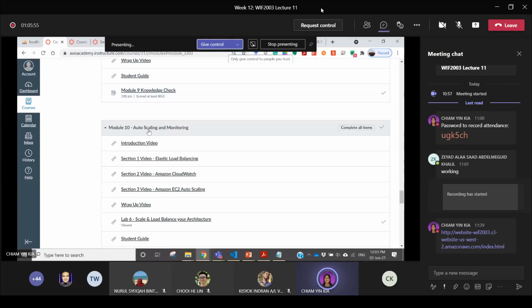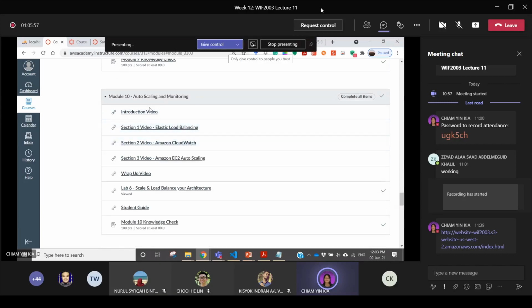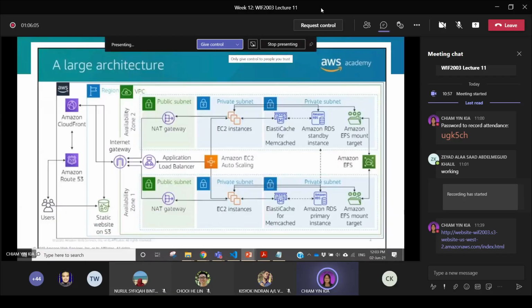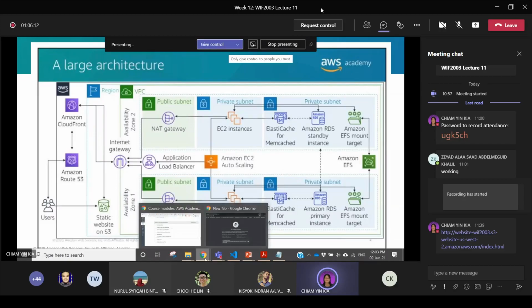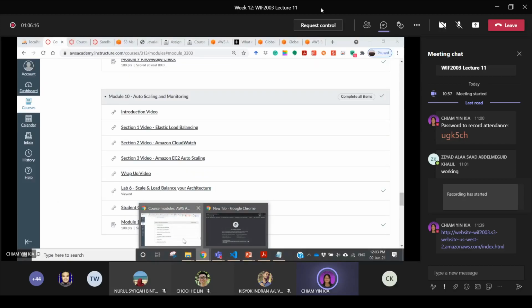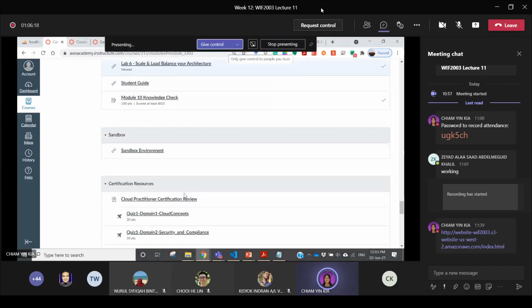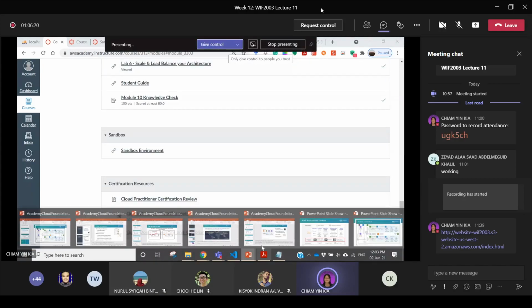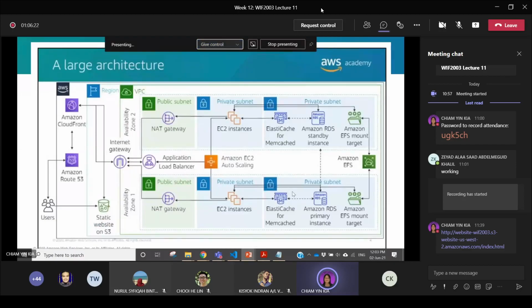For auto scaling and monitoring, the last one, they introduced elastic load balancing, and how to use CloudWatch and EC2 auto scaling. So you can see from this, after you learn the cloud foundations to understand all these concepts, when you come to the cloud architect, you will be able to know how to put them together to build